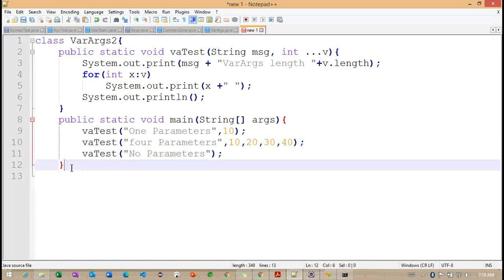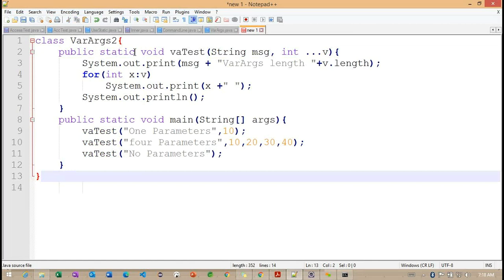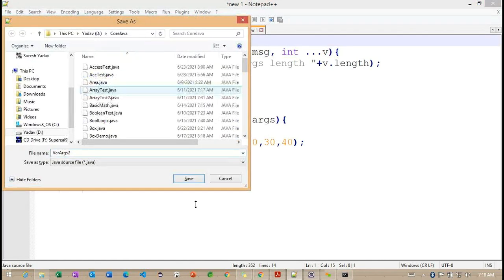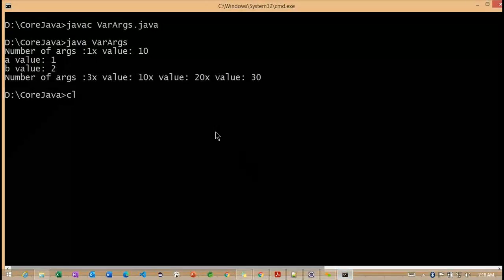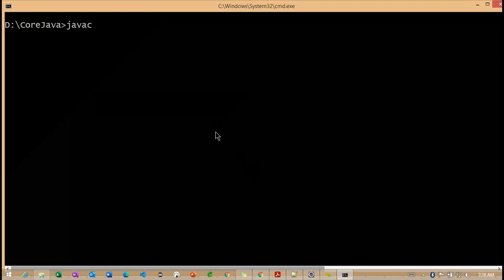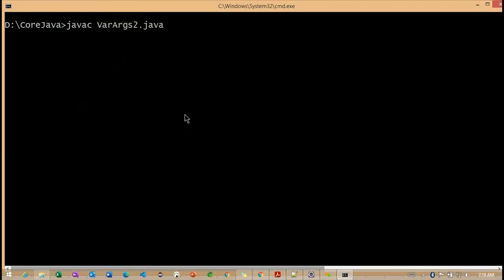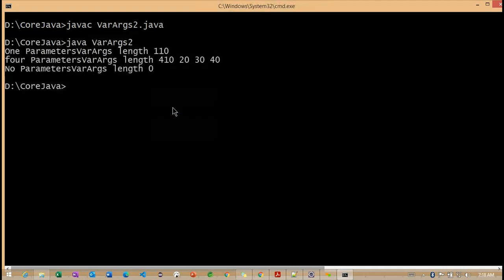Right. So back to here, the main method is closed, and I'm closing with the class level brace here. Let me clear the console. javac var2.java. So it's compiled successfully.